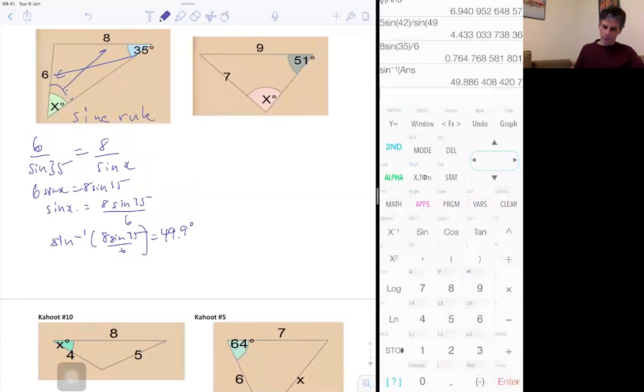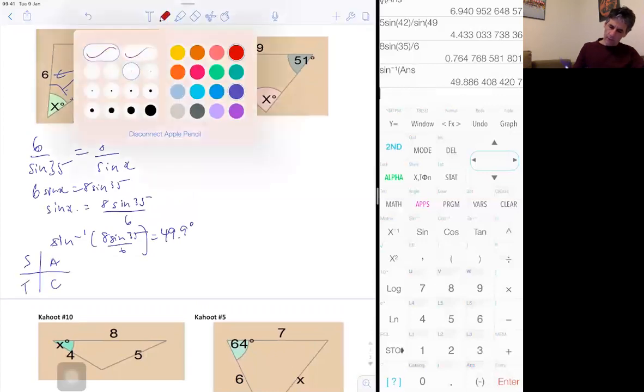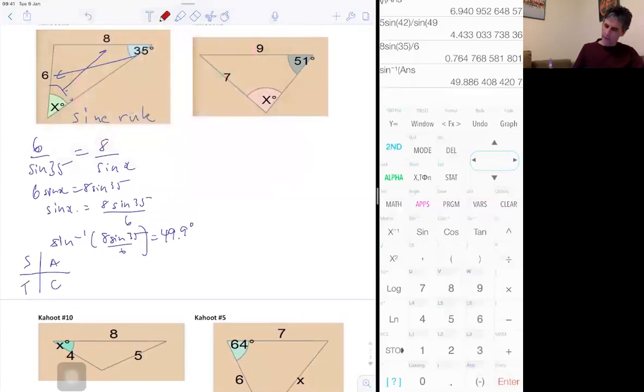Okay, and if you look at the diagram, that makes sense. That's about a 49 or 50 degree angle. But when you're doing inverse sine, you should always think about the CAST rule and the fact that the angle whose sine is equal to this number here, 0.7647 and some more, could either be in the first quadrant or the second quadrant. So sure, it could have been 49.9, but it could also have been 180 minus 49.9,